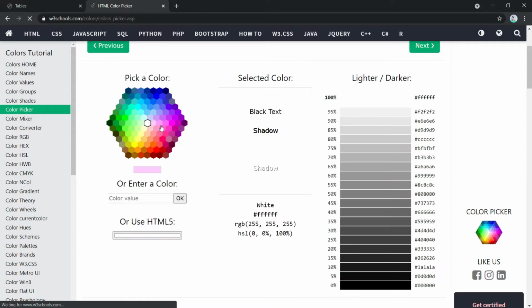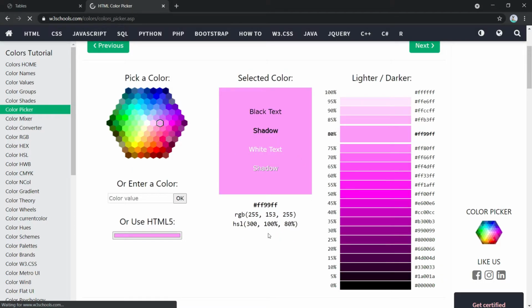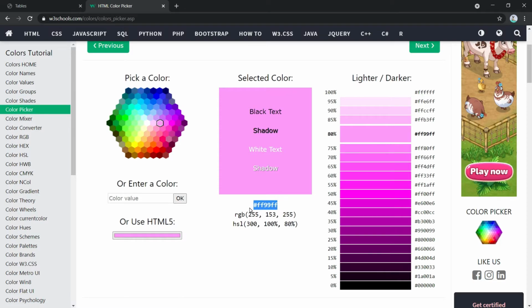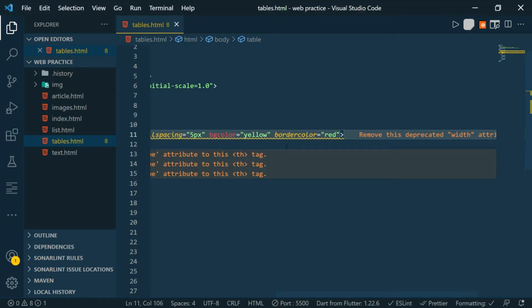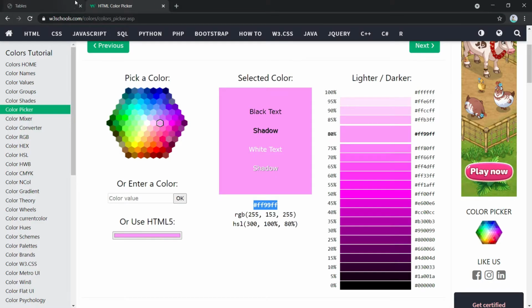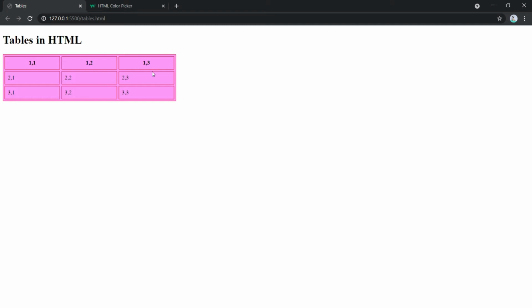You can choose any color of your wish, and you can just copy this hash code, meaning the hex value, and just paste it here. And you'll see the color has been changed.